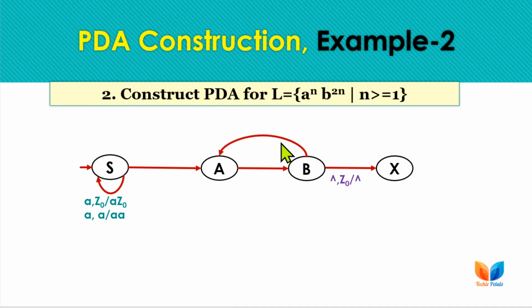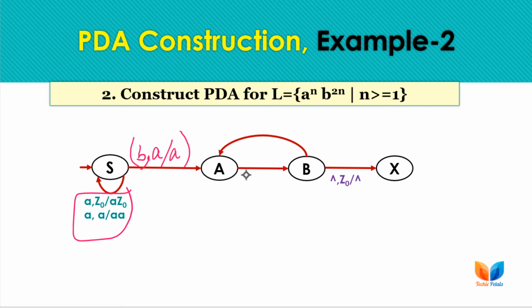So let's start with the transition diagram here. These are the moves to simply push all the A's onto the stack, which we have done many times. Now for the first B, our approach is to keep the same stack top. The stack top must be A, as we have n greater than or equal to 1, meaning we must have at least one A on the stack. Just keep the same stack top and move to the next state. Because we are not changing the stack top for the first B, we have to consume 2 B's for 1 A. So just keep the same stack top for the first B.